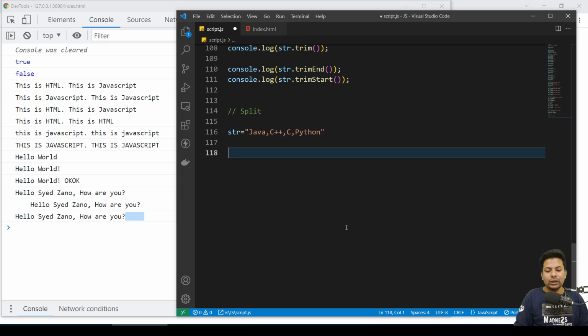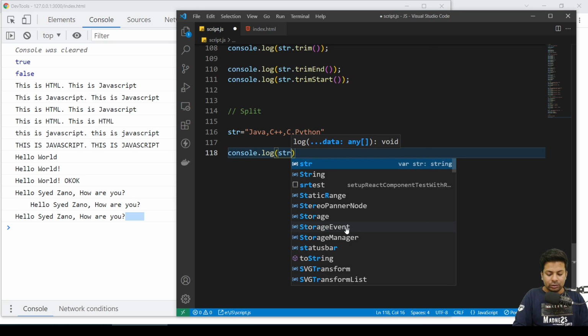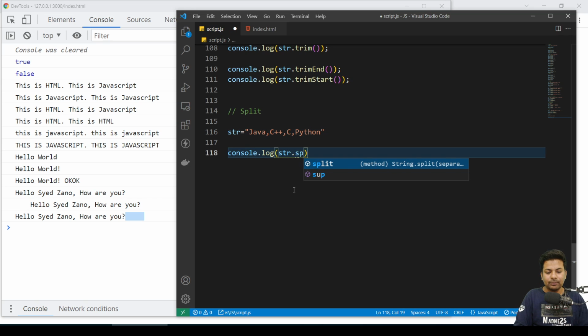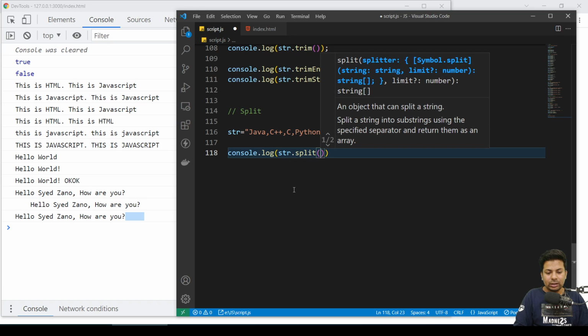Now you want to get all these values separately. I'll say console.log. These are in a string, and I know they are separated by a comma. So I'll just say str.split, and put a comma in brackets.